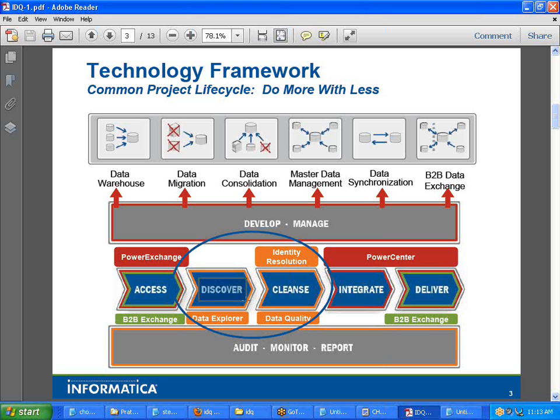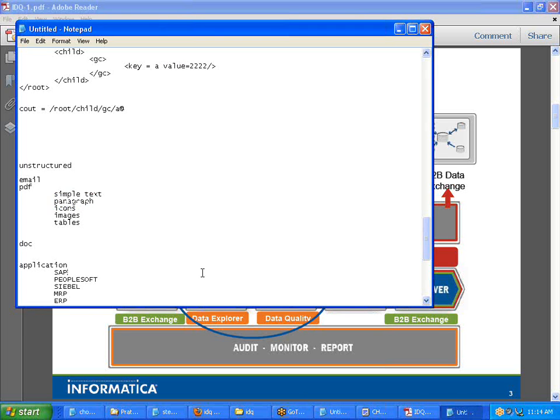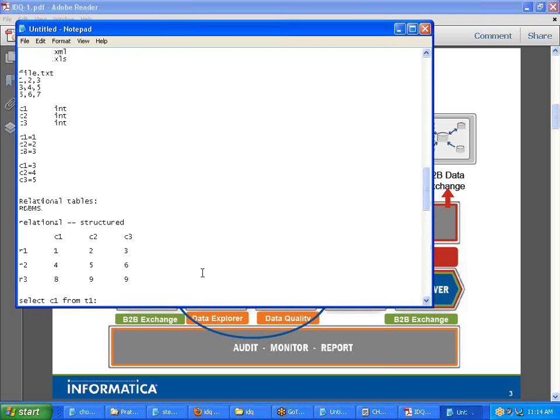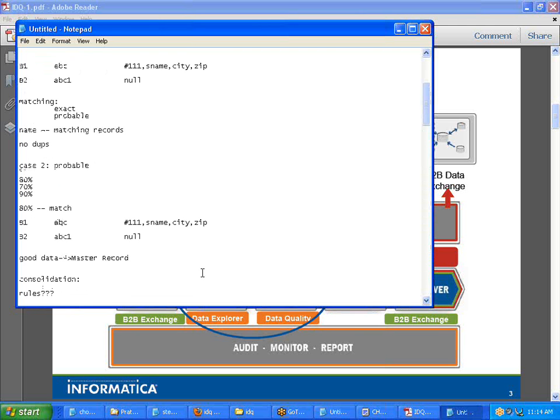We can only understand the data, but if you want to perform parsing, standardization, enrichment, matching and merging or consolidation, and come up with the final formation of a record, which we call a golden record,